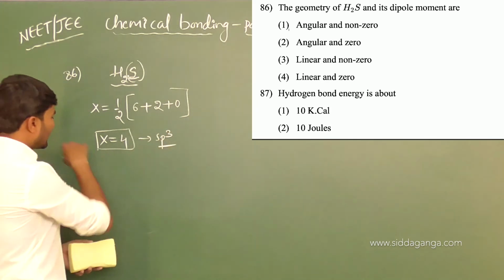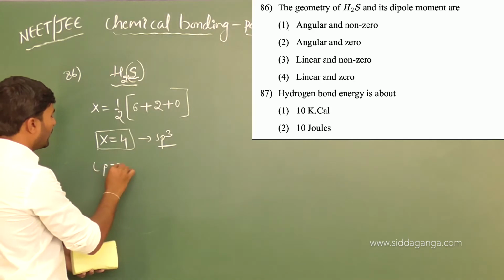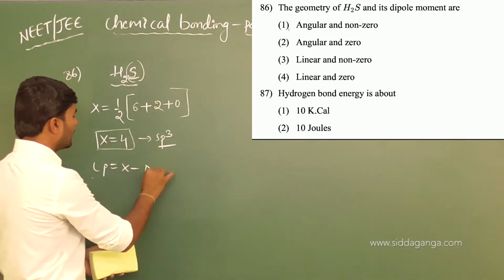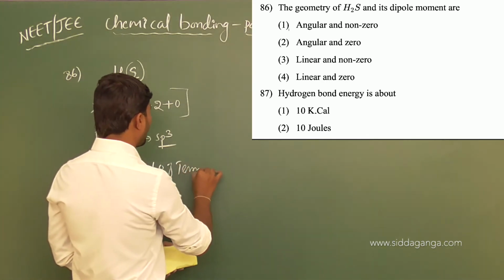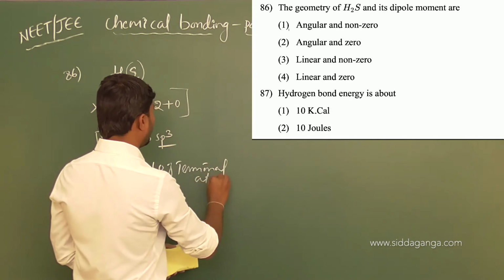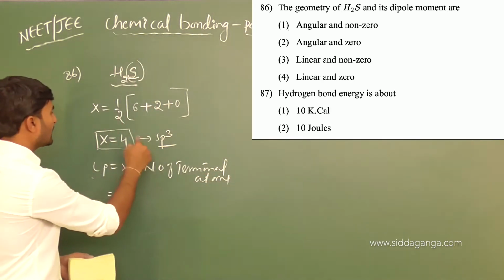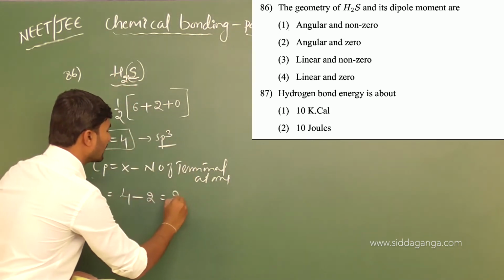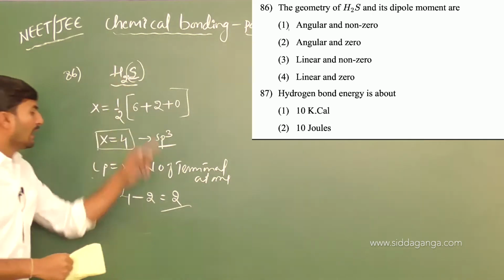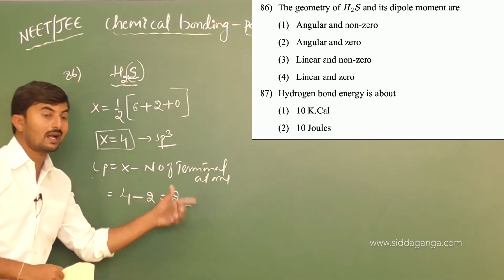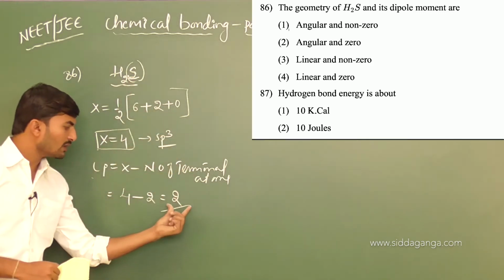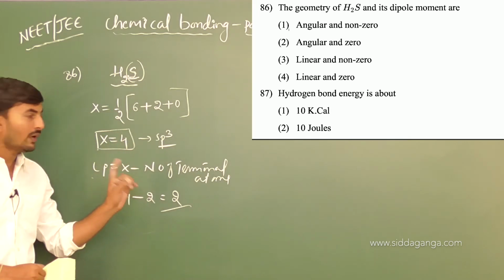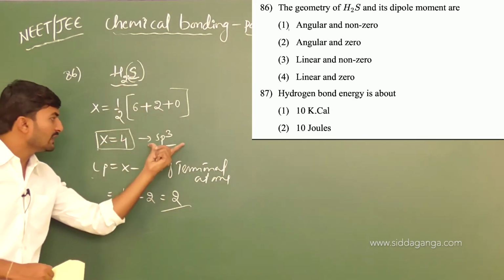Okay, the process is still not over. We have to identify the lone pair of electrons by using X minus number of terminal atoms. Number of what? Terminal atoms. What will be the value of X? Value of X is 4 minus number of terminal atoms, how much? 2. That means in this H2S molecule, sulfur will have 2 lone pairs of electrons. On central atom sulfur, it contains how many lone pairs? 2 lone pairs here. Okay, what is the shape of the molecule when the central atom has sp3 hybridization along